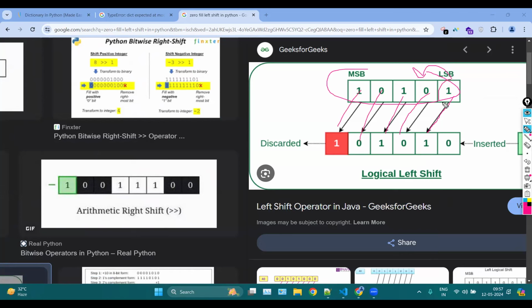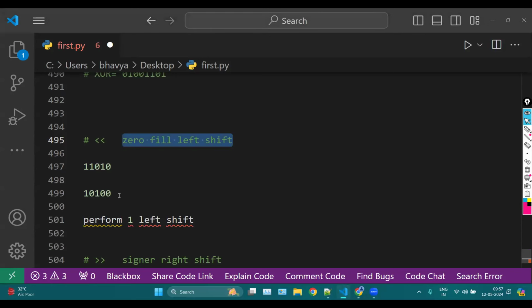And in place of this one, this will remain empty. So this empty will be filled by 0 only. And this one will be discarded. That is what I'm saying. Okay. So for example, if we have this bit here, which is 1, 1, 0, 1, 0, and